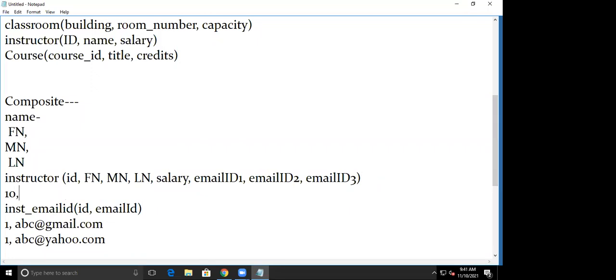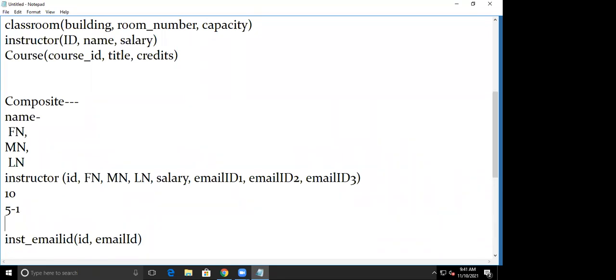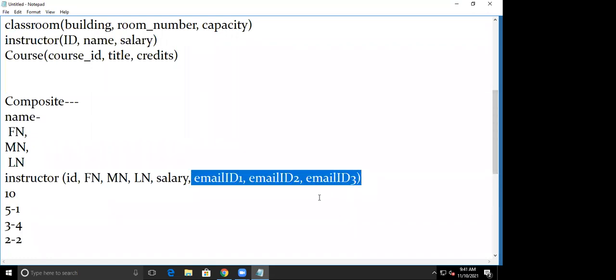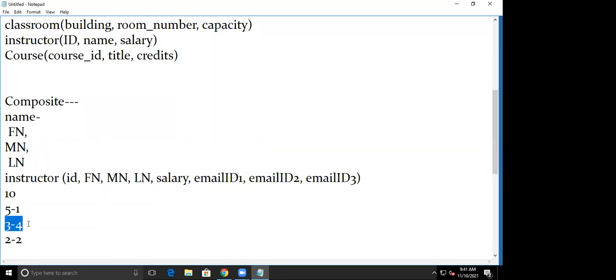10 instructors are there. So out of 10, 5 are having only a single email ID. Then of the remaining 5, 3 are having 4 email IDs and 2 are having only 2 email IDs. Okay, it means that if I add this restriction for 10 instructors, then out of 10 only three would use this facility completely. Okay, and for the remaining this will be a wastage of columns and wastage of space.